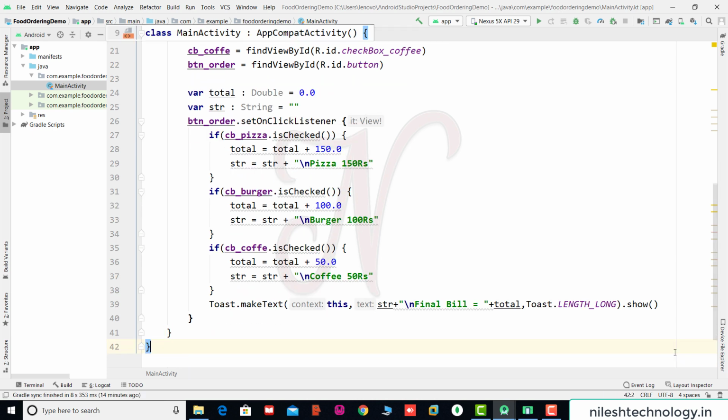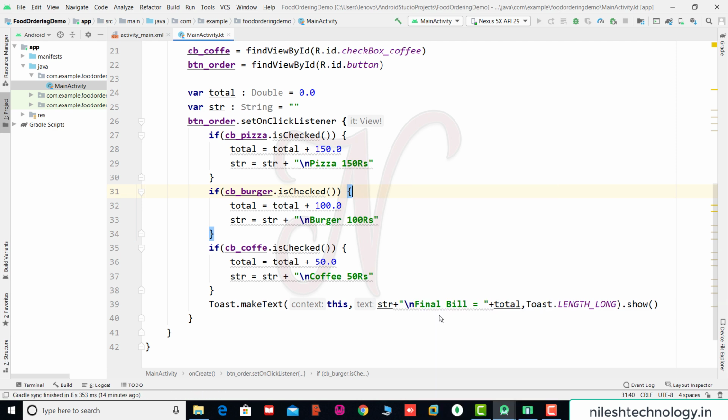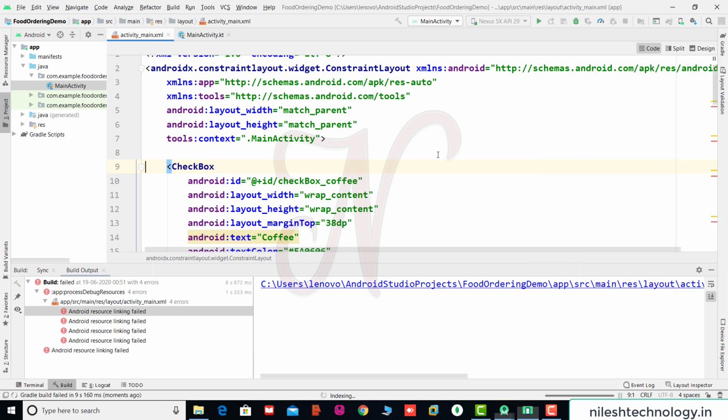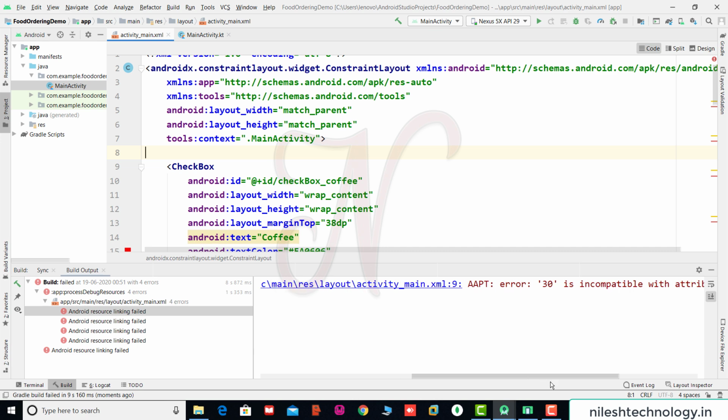So test this code. So save these changes and run. So see here, run main activity. So see, there is an error, resource linking failed. 30 is incompatible with auto attribute text size dimension.